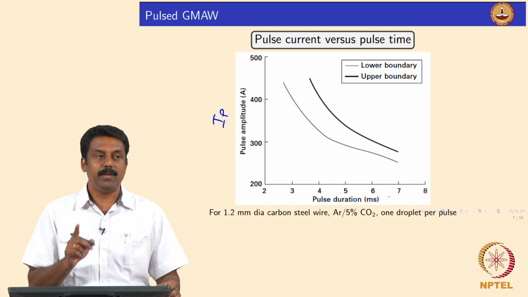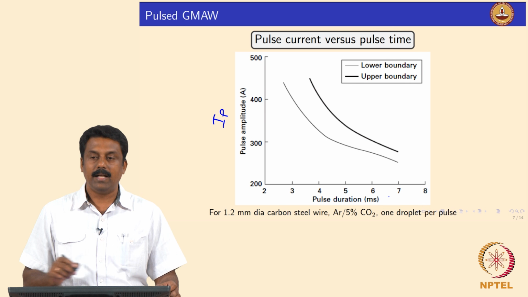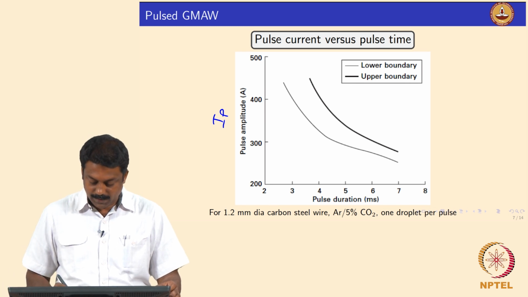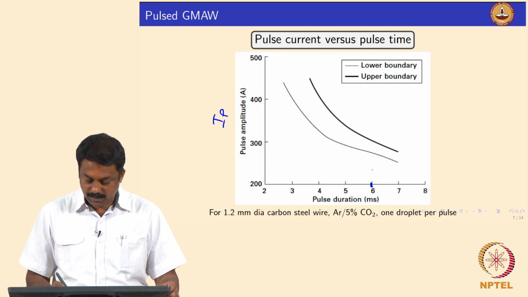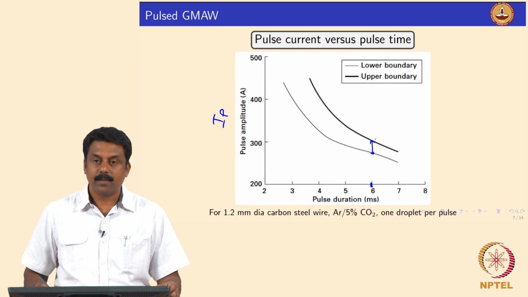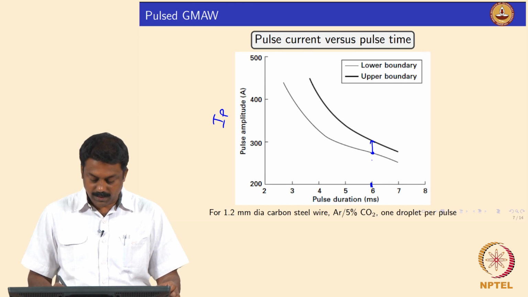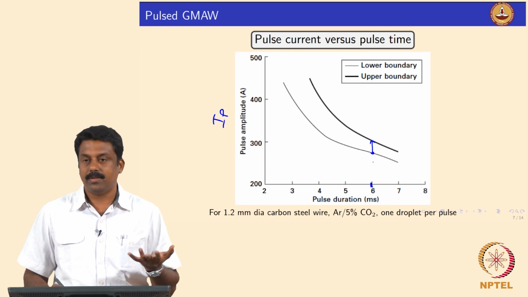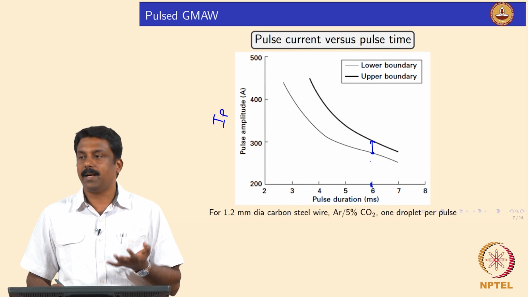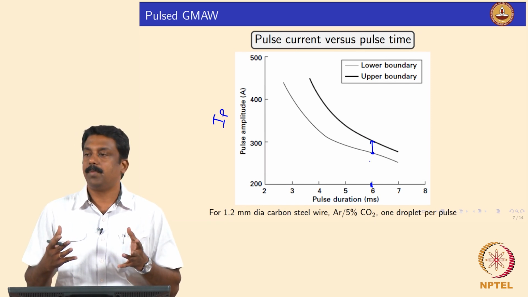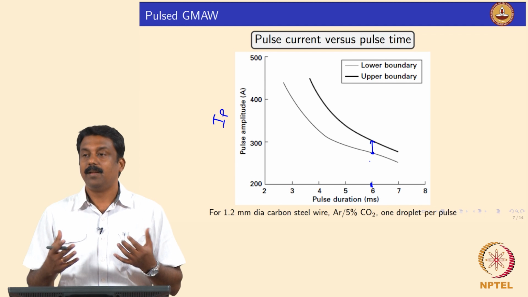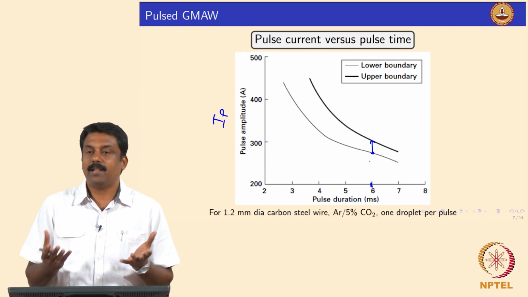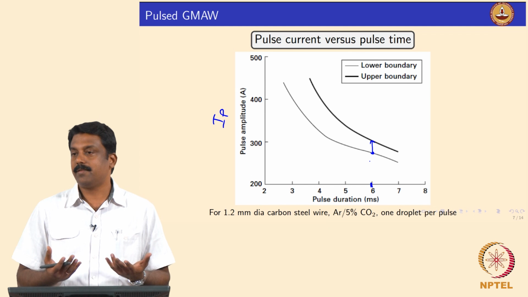If you look at the videos, we will have to make sure that one droplet comes per pulse during the cycle period, and at a higher pulse duration period, it has to be in this range. If it is lower than that, the current is very low, so you may not detach. You may have detachment with a much larger droplet diameter, because gravity should do the job.